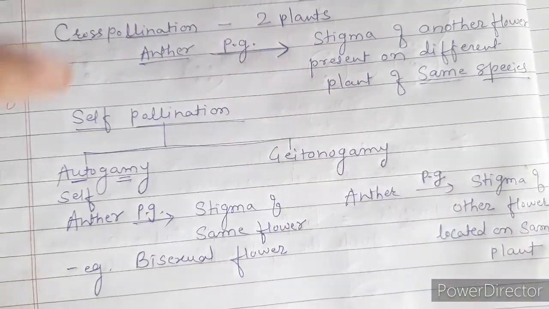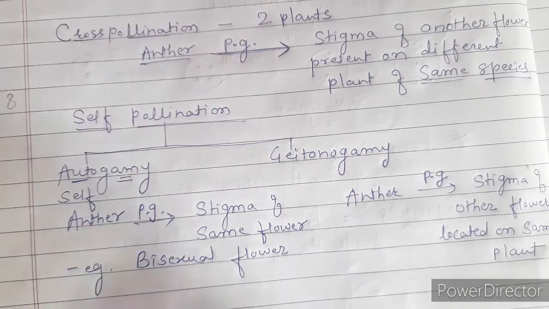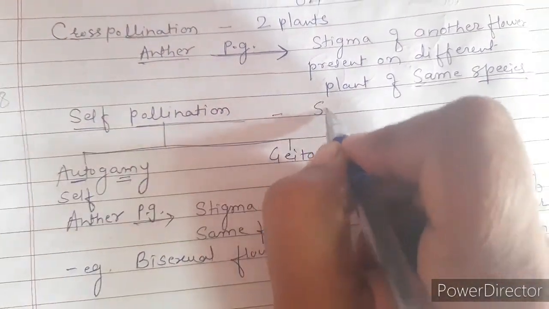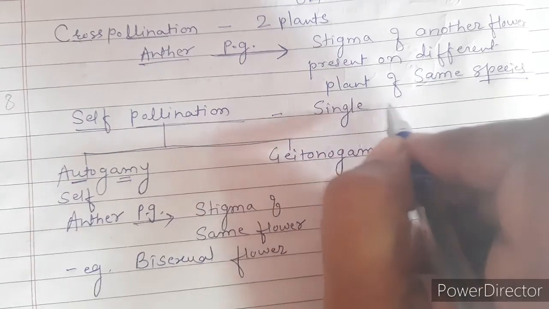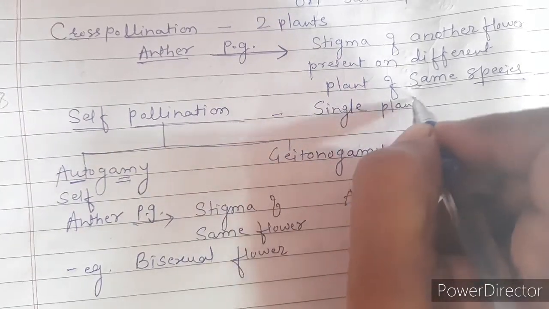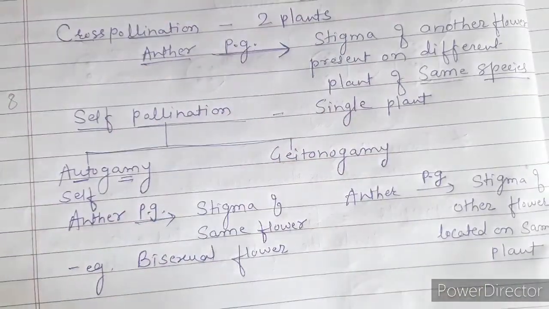So, in this way, in self-pollination, a single plant is involved,